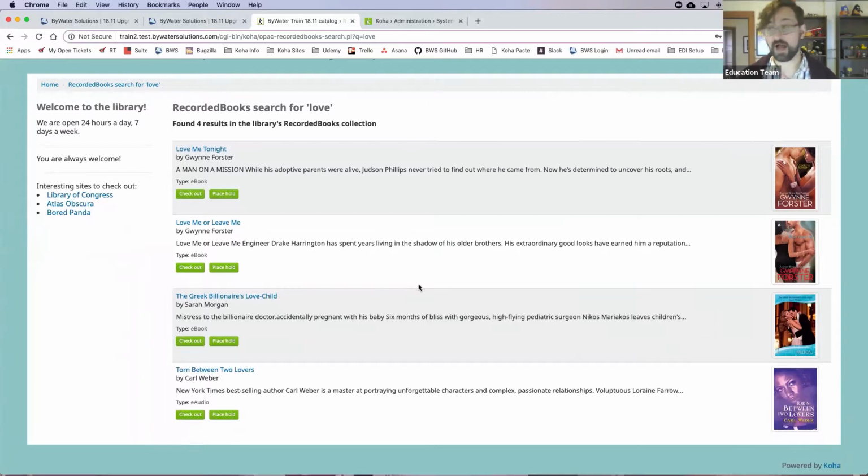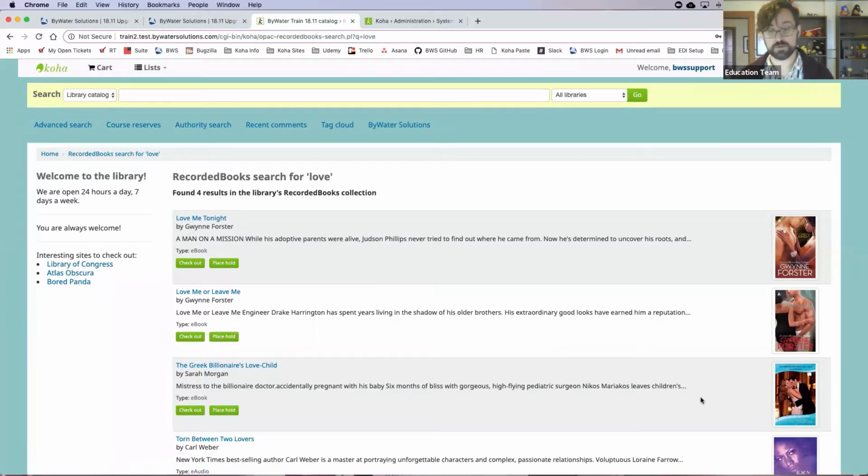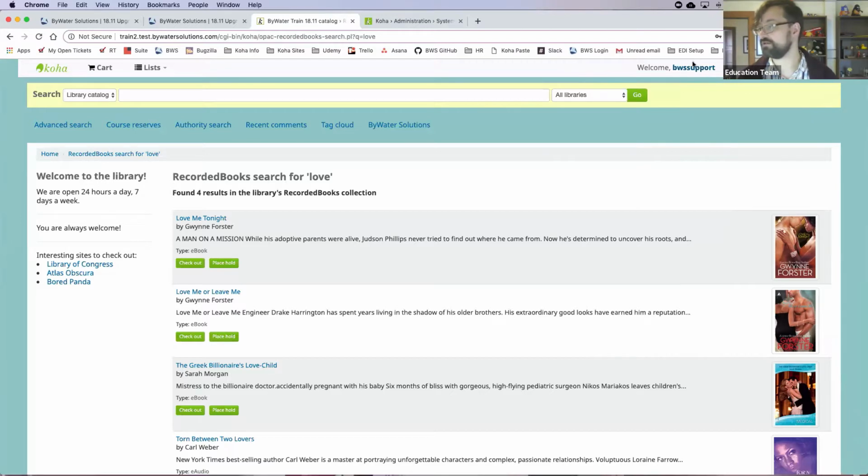Now, if I were not logged into the OPAC, I would still be able to see these search results. I just wouldn't get these checkout and place a hold buttons. Additionally, if I go over to my account in the OPAC,